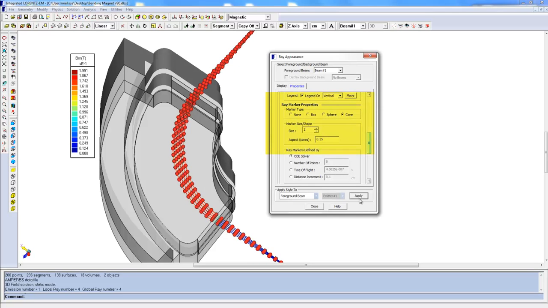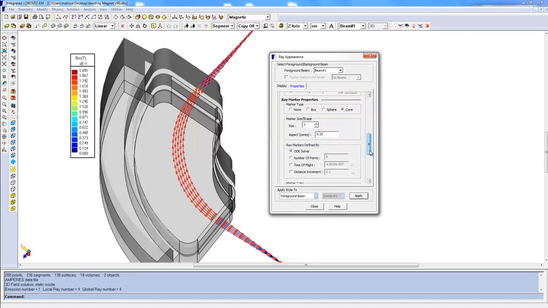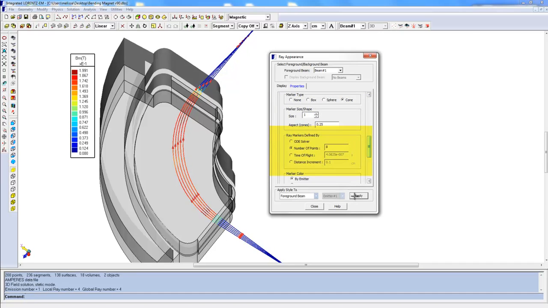The Ray Marker Properties section lets you specify what you would like the markers to look like. Set a box, sphere, cone, or even no markers as your custom settings, as well as the size. You can define the markers using the ODE, Ordinary Differential Equation solver, which uses raw data. You can specify how many markers to show and how you want them to be spaced using time of flight